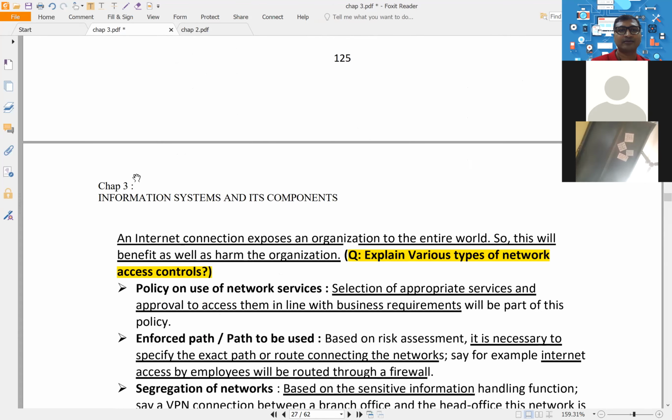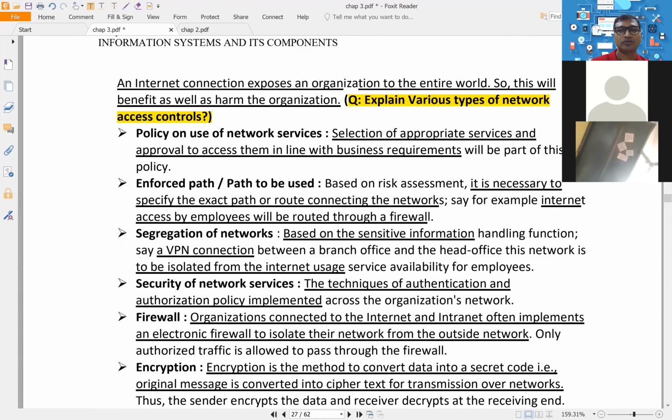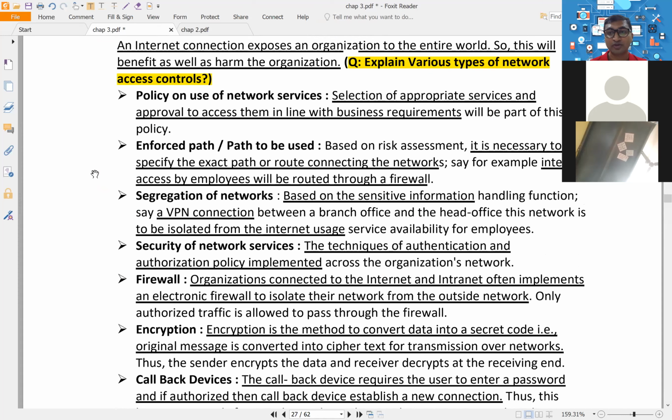But after that, network access control is very important, correct? Because today in this pandemic, everyone is working from home. How can they work from home? Because using the internet, using the network, they can access their company's data. But now understand, when you are at home, you are not in the company, which means you can misuse the company's data. It is also possible.